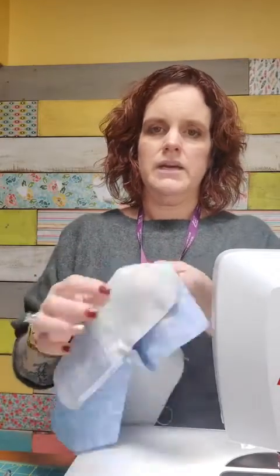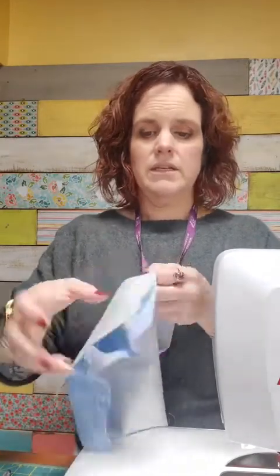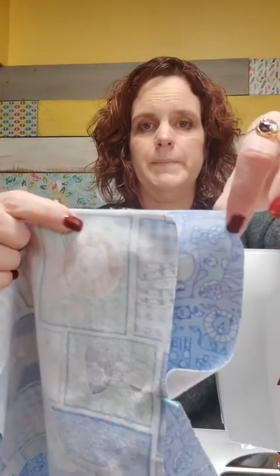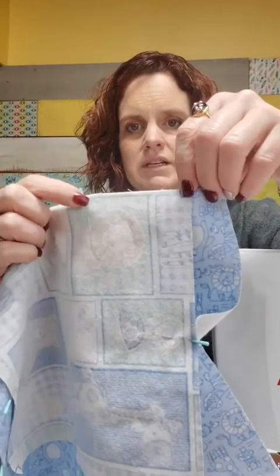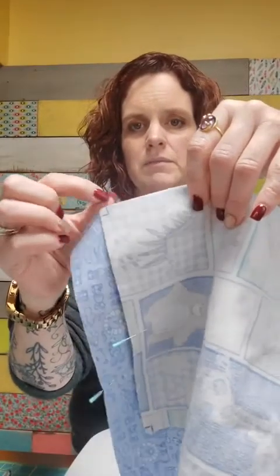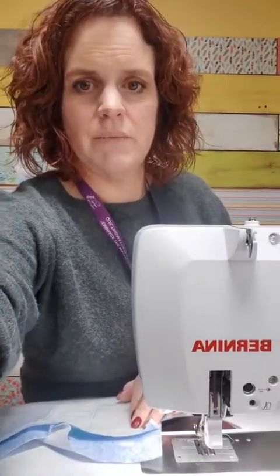Okay? So then I'm just going to take it to my machine. I'm going to start this 1/4 inch in, so not at the very end. Notice, when I start out, there's overlap. You want that. That's kind of your border. So I'm going to start just 1/4 inch in, stop at this pin, leave this gap, and then keep going and stop 1/4 inch before the other end. Okay? So we're just going to go to my handy dandy machine here, pivot you a little bit,